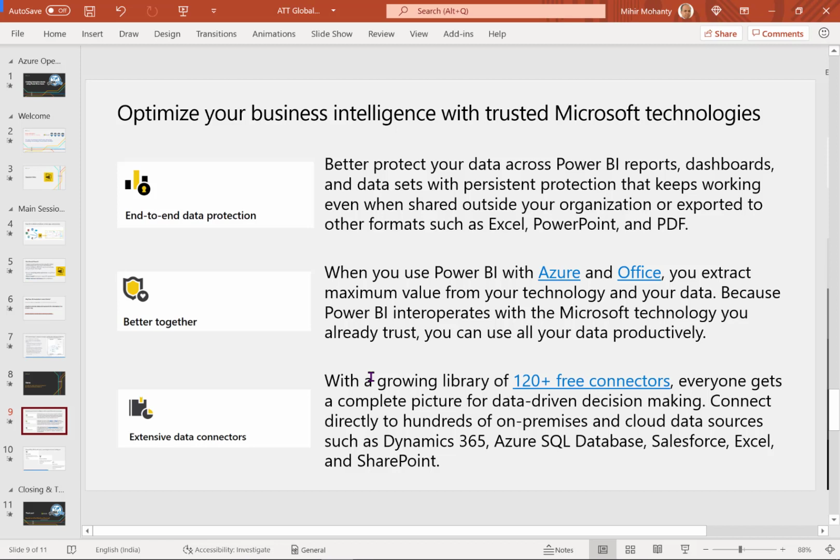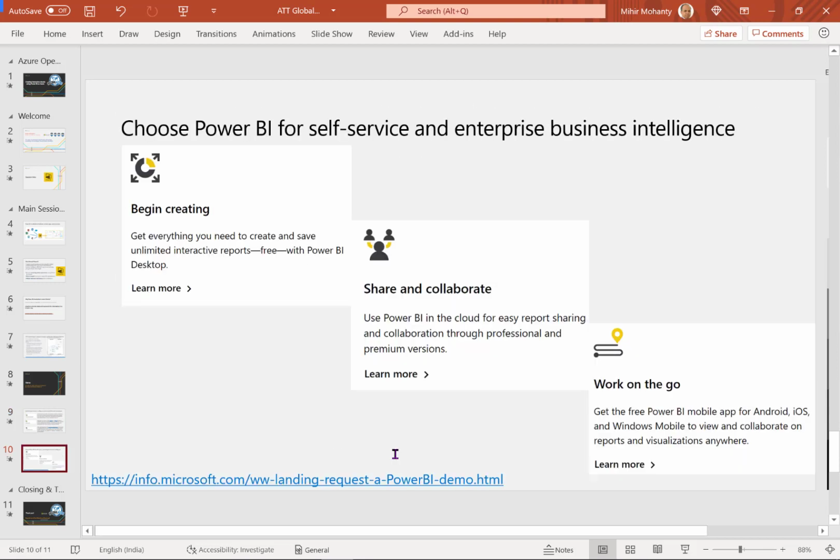We also work together with other applications from our O365 suite and other Azure offerings. And we give you a lot of data connectors, which I showed you in the data loading phase, so that you can load data from 100 plus data sources and seamlessly work on Power BI.